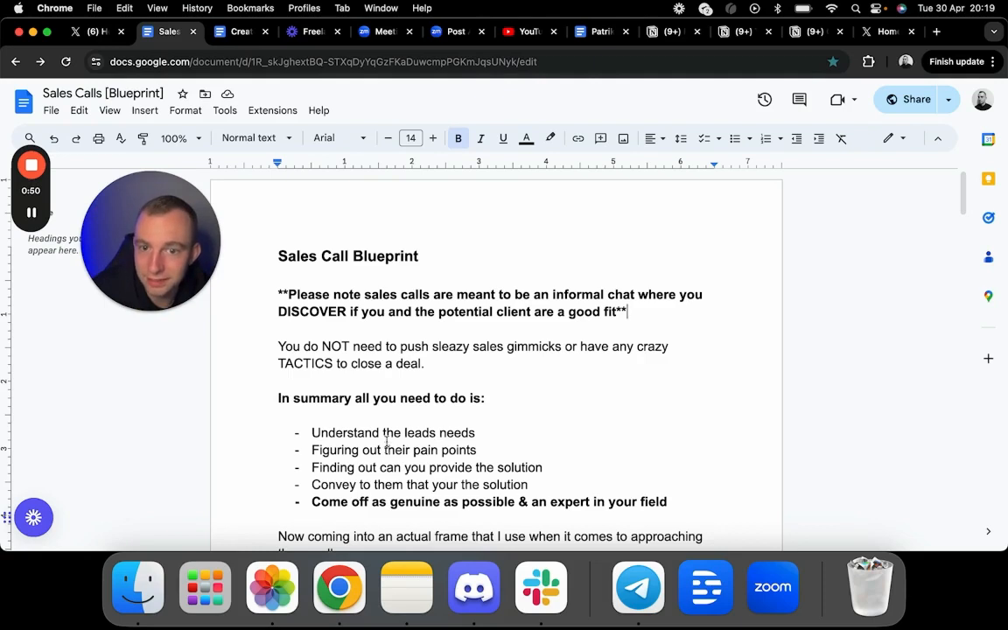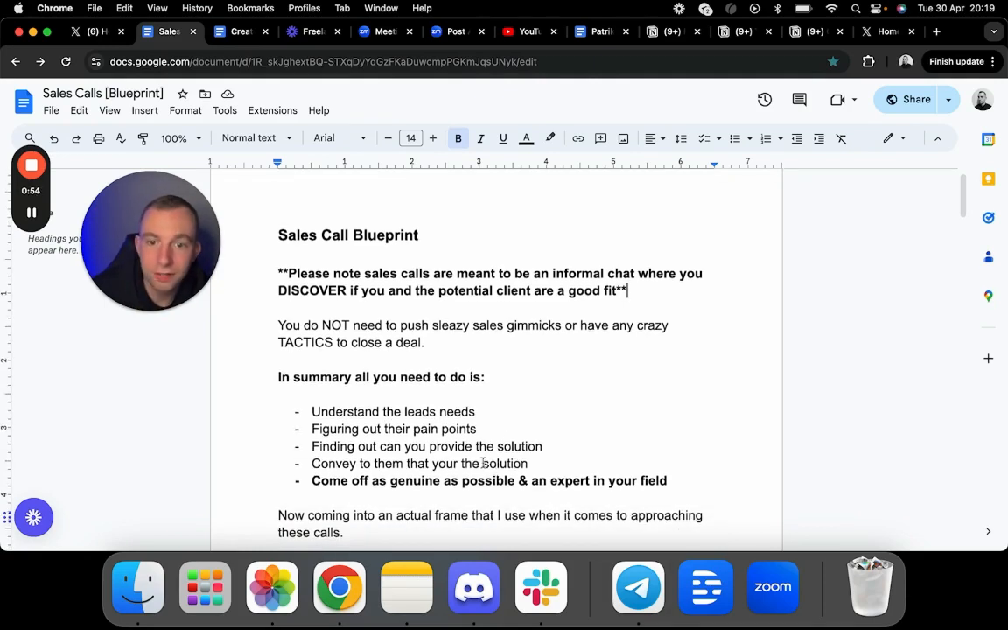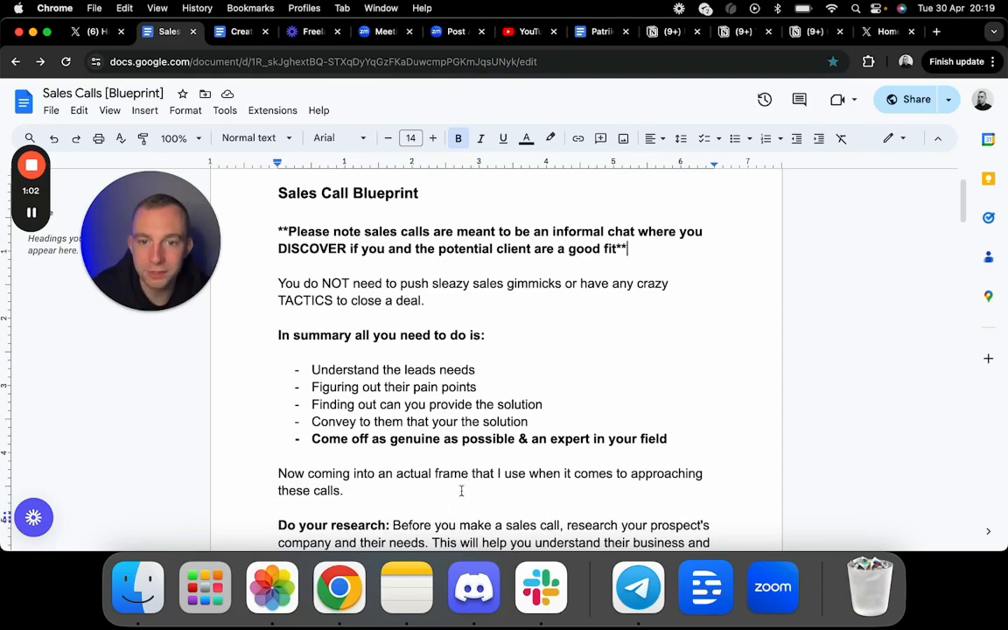Understand the lead's needs, figure out their pain points, find out if you can provide the solution, convey to them that you are the solution, and be as genuine as possible and an expert in your field, in your industry, in your niche. Okay. Now, coming into an actual framework that I use when it comes to approaching these calls,